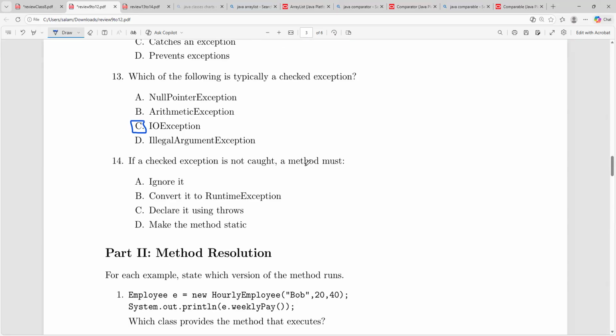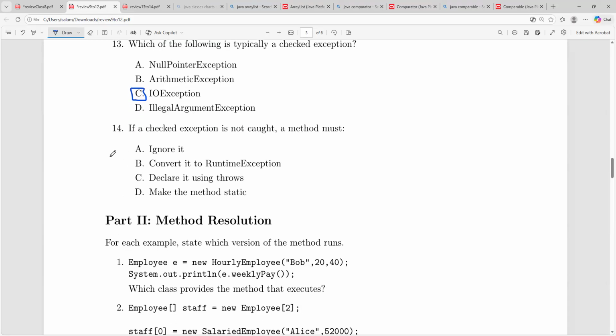If a checked exception is not caught, a method must. What must it do? I don't think I've learned this in 12. I think it's B. Yeah, pretty sure it converts to a runtime exception. So again, I'm going with popularity. B it is. All right. Okay, so now